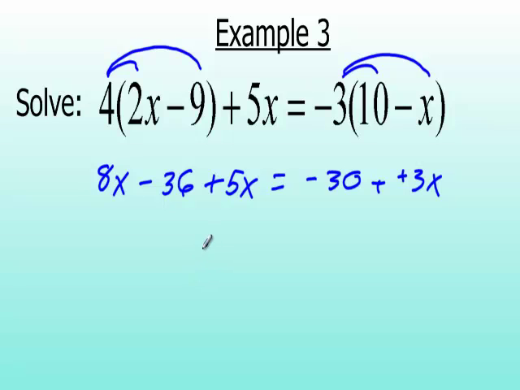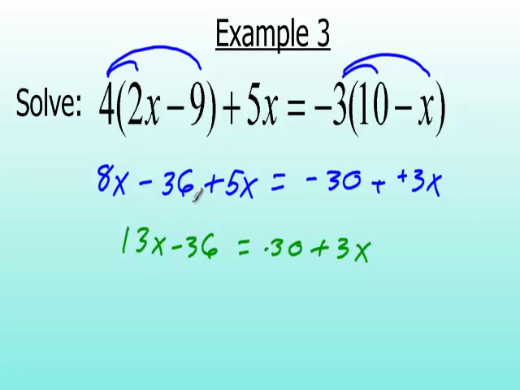Now, going back to the left here, I'm going to ask, what else can I simplify? I have an 8x and a 5x, so that's going to leave me with 13x minus 36 equals negative 30